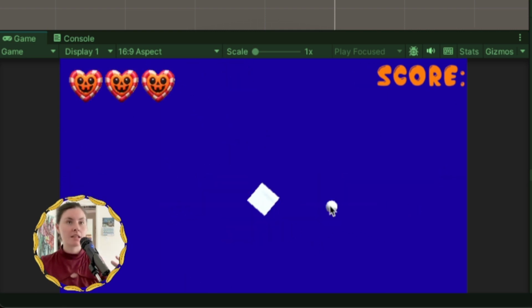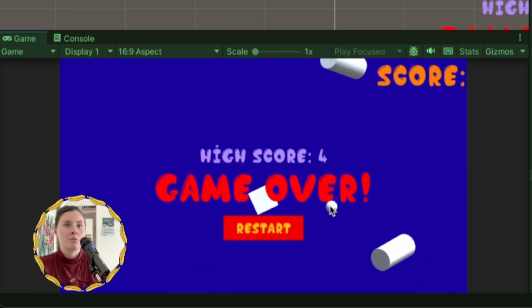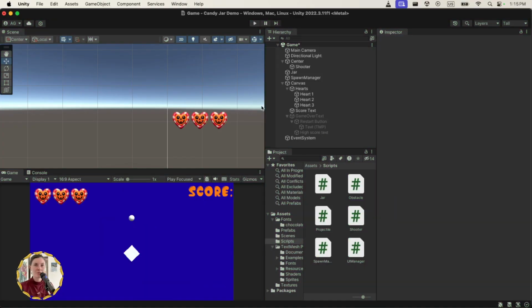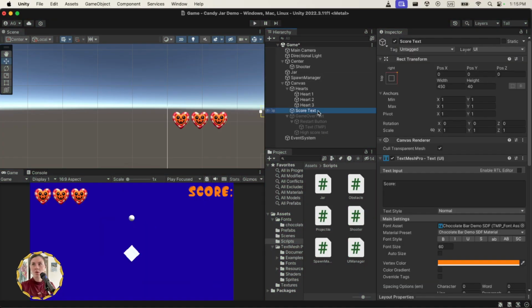And the last test is let's play it one more time and get a lower score and see if it still says 4. Make sure that it's not just setting it to score every time. Here we go. 3, 2, 1. All right, and high score is still 4, even though I didn't gain anything. I'm just really quickly, OCD, going to clean up this score text so that at the beginning it does say "Score:"